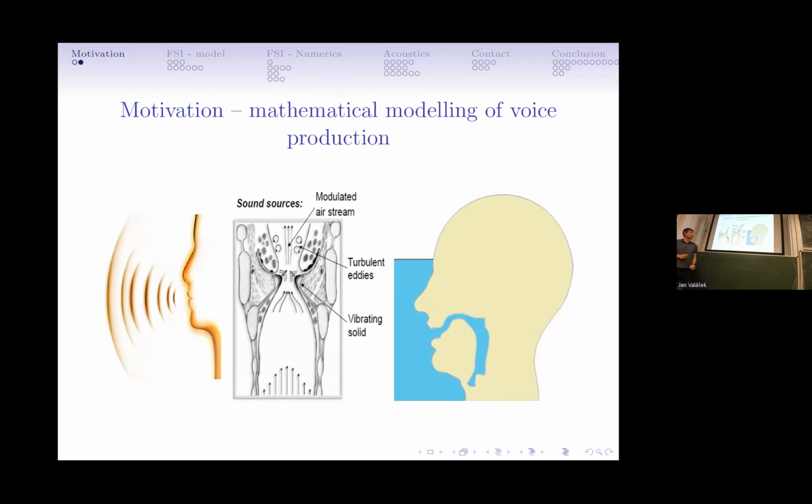Looking back at the acoustic sources, you can distinguish between sound sources created purely by vibration of elastic bodies, your vocal folds, and more complex ones which are induced due to unsteady fluid flow motion, which can in general be called aerodynamic or aeroacoustic sound sources. And for normal human speech it is assumed that these are the major sound sources, and then we will try to investigate this more in the